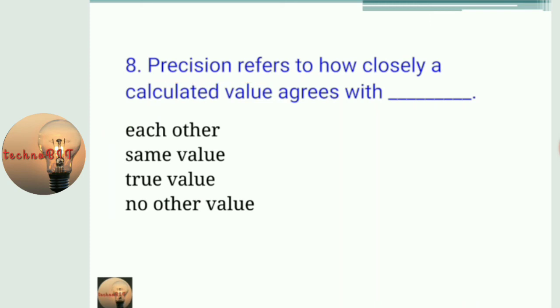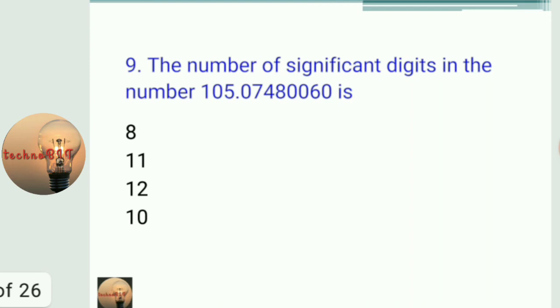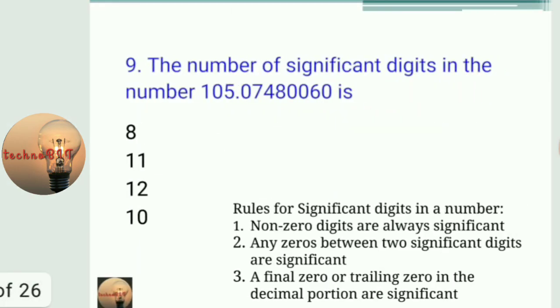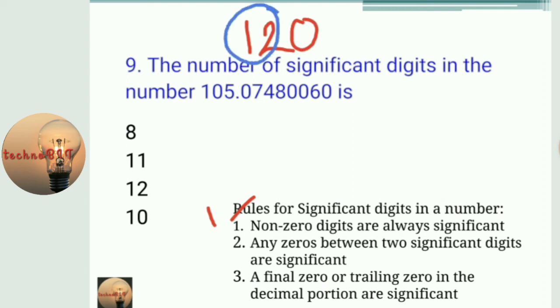Next question, the number of significant digits in this number is. It is asking about significant digits. स्कूल वगैरह में हम इसको पढ़ते हैं पर ध्यान में नहीं रहता, but this kind of question can again be asked in the numerical methods subject. So what are the different rules for this? Let's have a look first. The first rule is that non-zero digits are always significant. ठीक है, non-zero digits. Suppose I have a number 120. Here 1 and 2 are the non-zero digits, so the significant digits are 2.